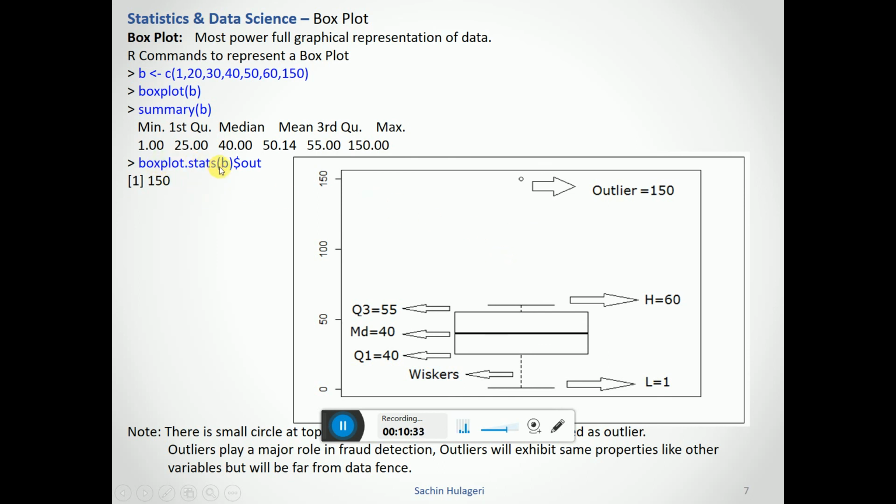Basically the box plot helps us identify the outliers, the median value, and what my data range is. So this is a very powerful representation of the data, and in one diagram we can analyze so many things.